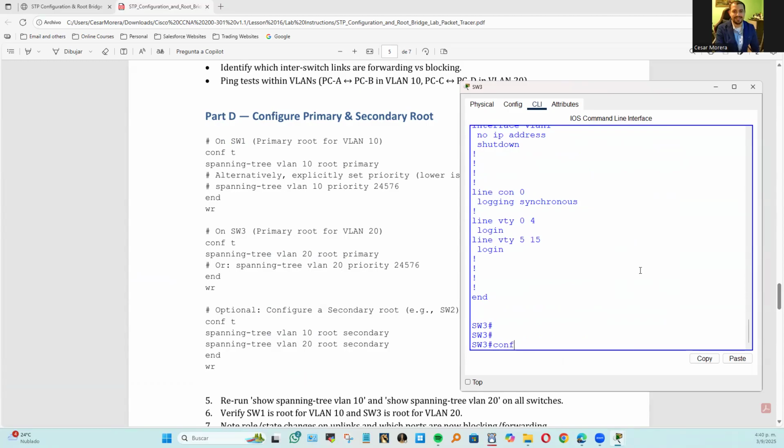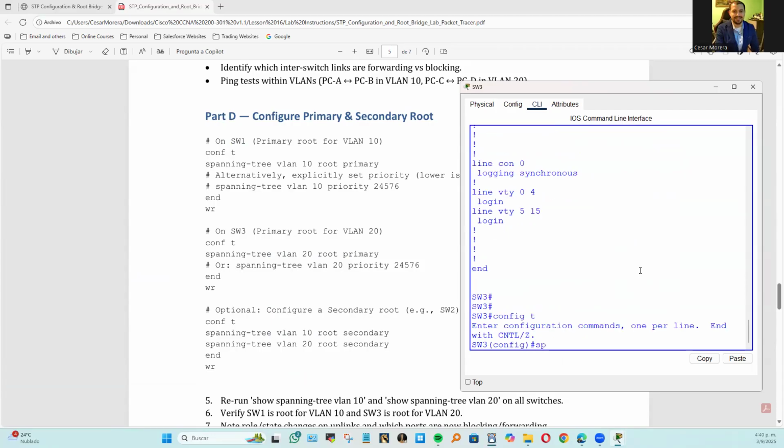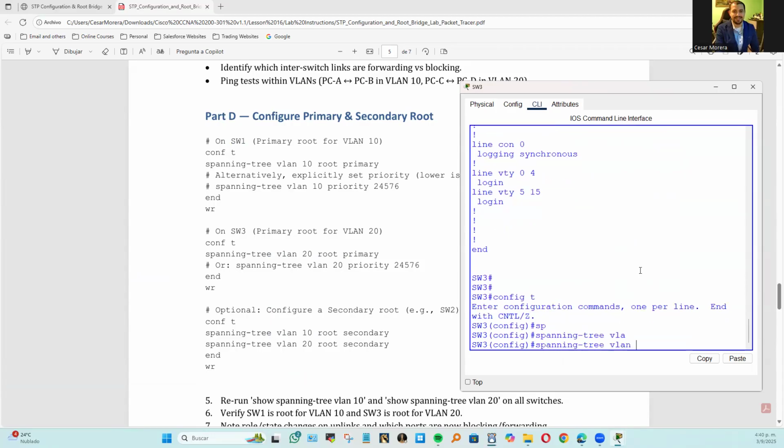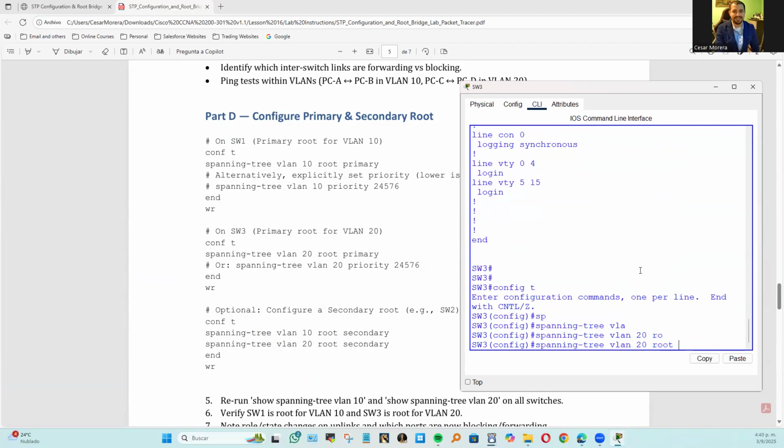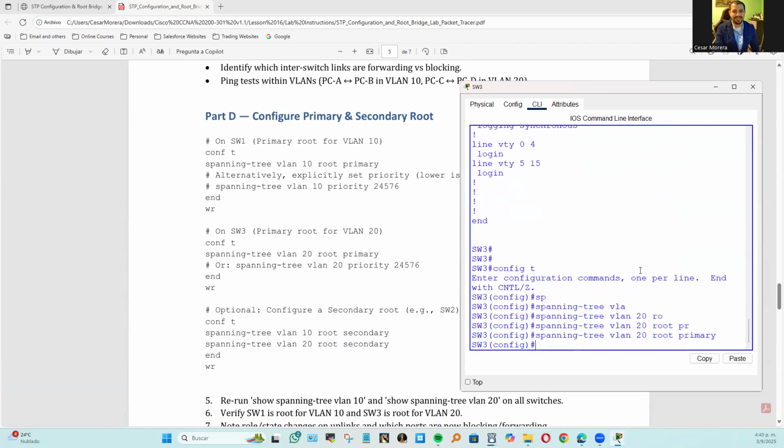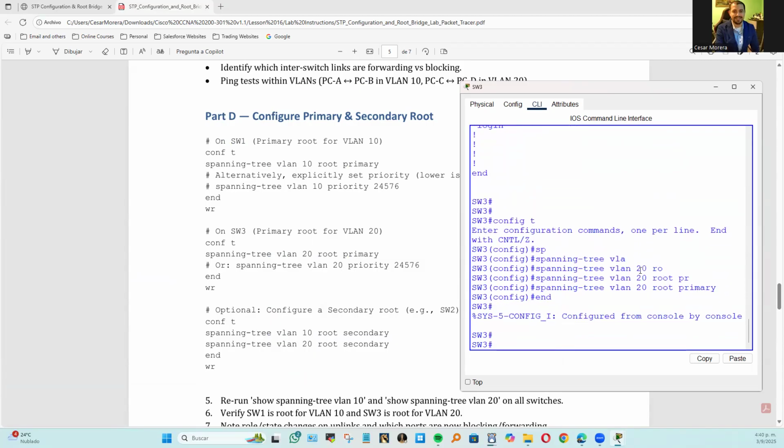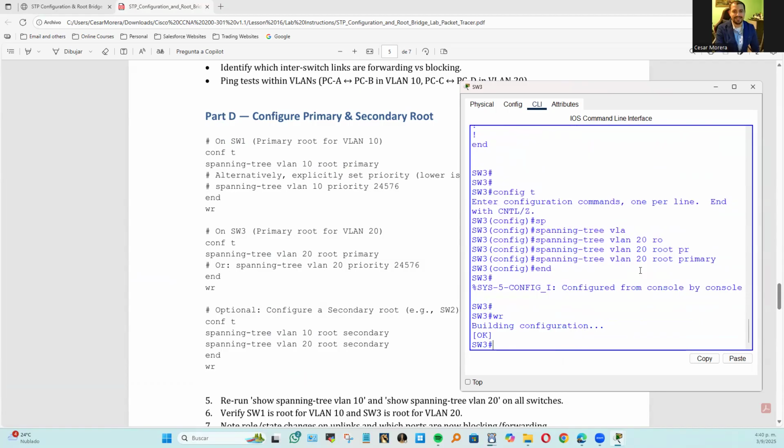Let's do a config spanning tree, VLAN 20, root primary. Okay, let's do an end. Let's do a WR for now. And let's go ahead